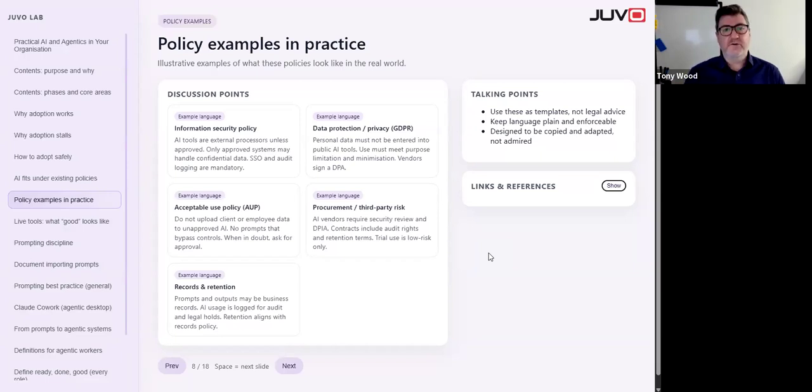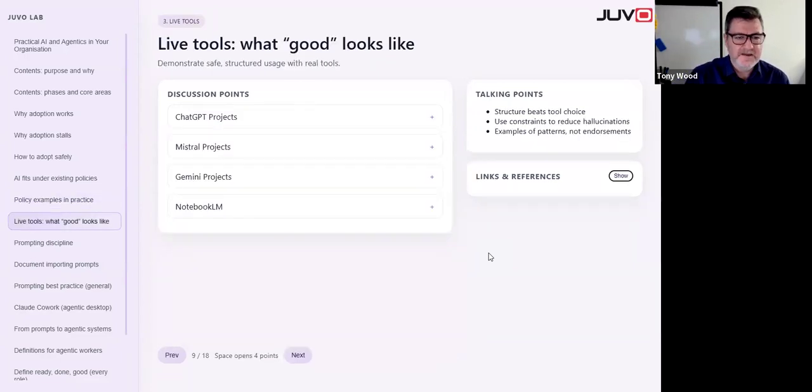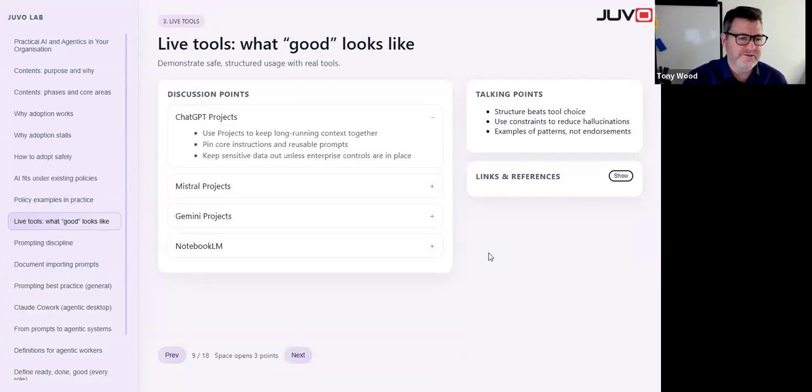Now you can solve those problems by running a local large language model or building the controls. But the thing is, know what the problem is. So we understand what the problem is, so then we can go through and build up some answers. So what does good look like from a tool point of view?